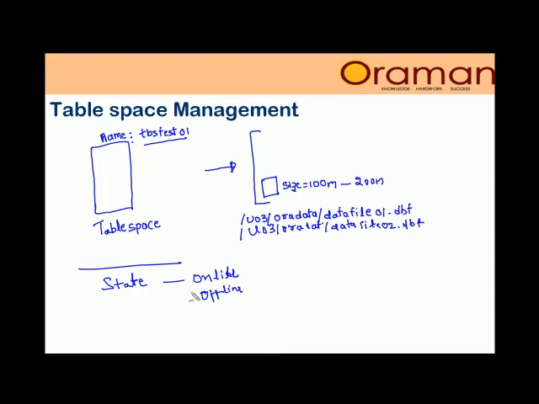Similarly, with online and offline, a tablespace by default will be in read write mode. So if you don't want it in read write mode, let's say it's master data and you don't want the users to change it, you can convert it to read only mode with the alter tablespace command. So with alter tablespace, these are all different possibilities you